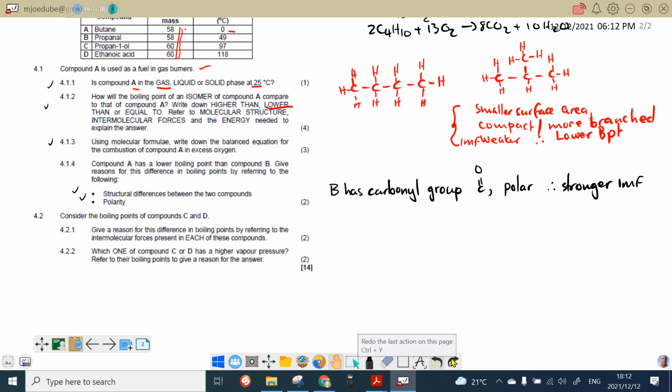Well, compound C is an alcohol. So C is an alcohol. It's got an OH group, and then ethanoic acid has a carbon